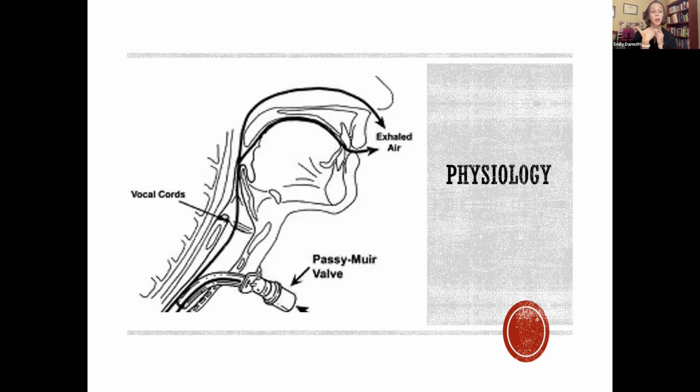They can now vibrate their cords and start to phonate. So when a patient has a cuffless trach or a cuffless fenestrated trach, which I'll show you a picture of, that enhances airflow up through the vocal cords and allows them to speak. Another thing that can help a patient speak, and we have Passy-Muir valves here in the US, and I assume